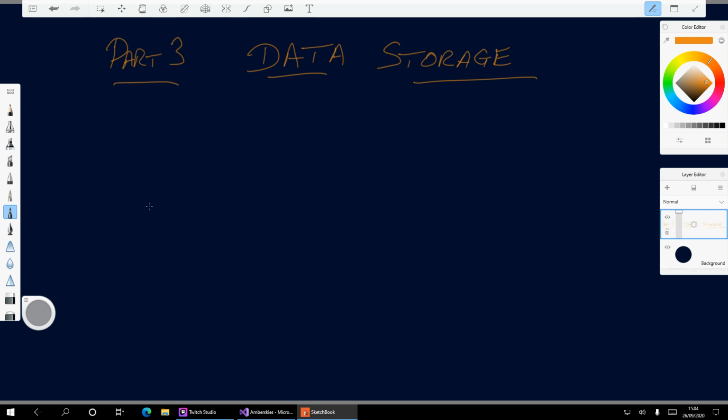There are ways of storing data which will compress data into very, very small sizes. So we have data containers.